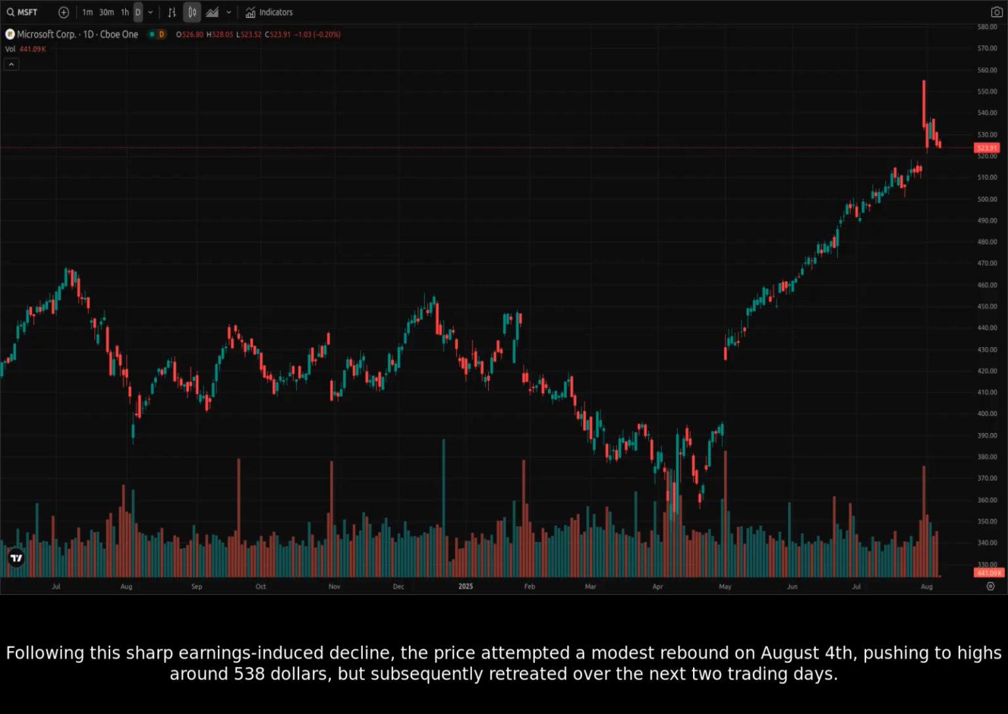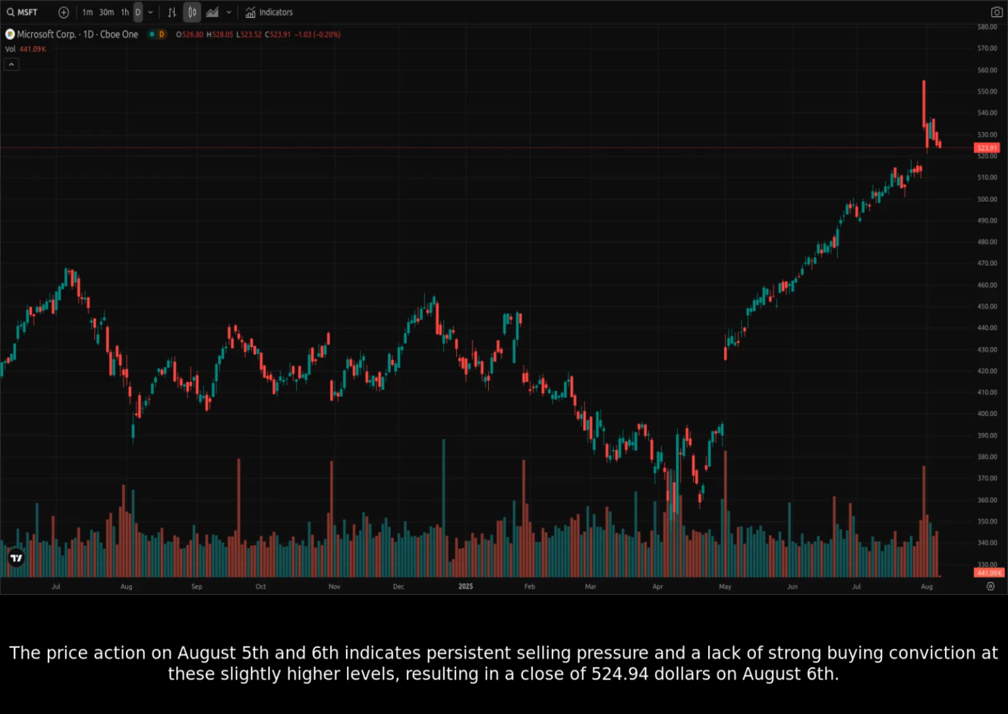Following this sharp earnings-induced decline, the price attempted a modest rebound on August 4th, pushing to highs around $538, but subsequently retreated over the next two trading days. The price action on August 5th and 6th indicates persistent selling pressure and a lack of strong buying conviction at these slightly higher levels, resulting in a close of